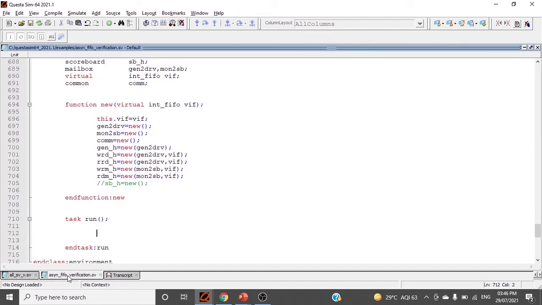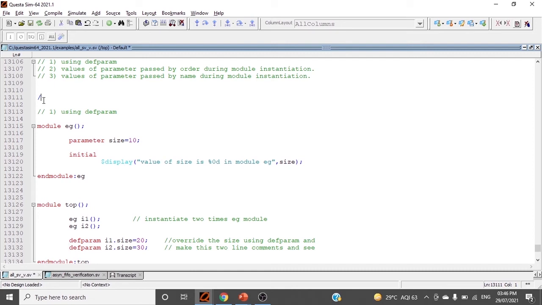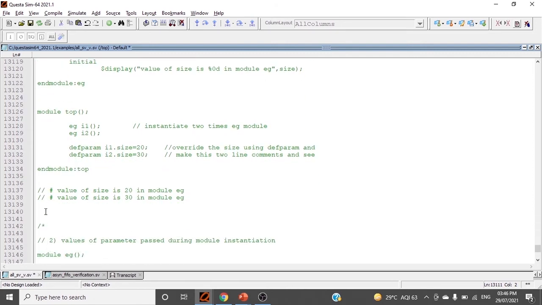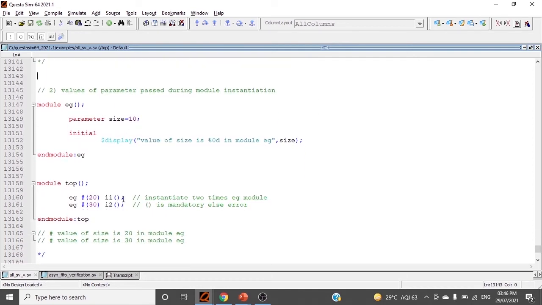Similarly, we will see another example. Let me comment this and uncomment this example.